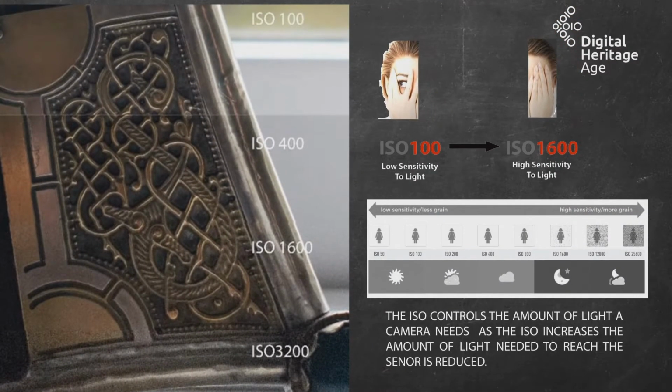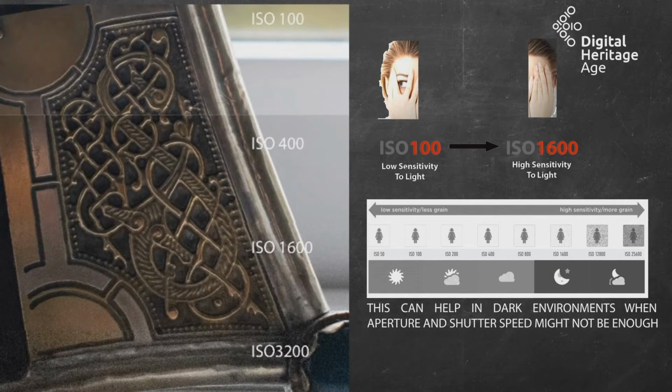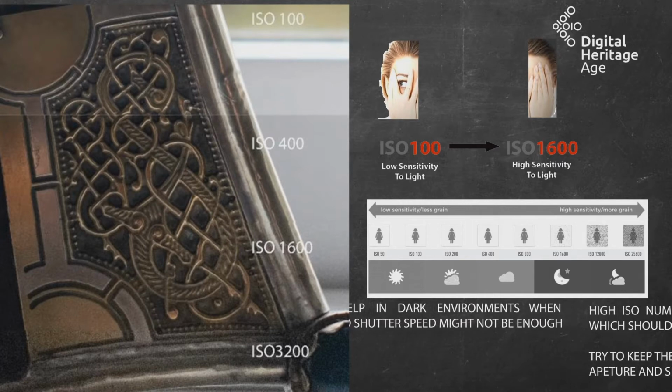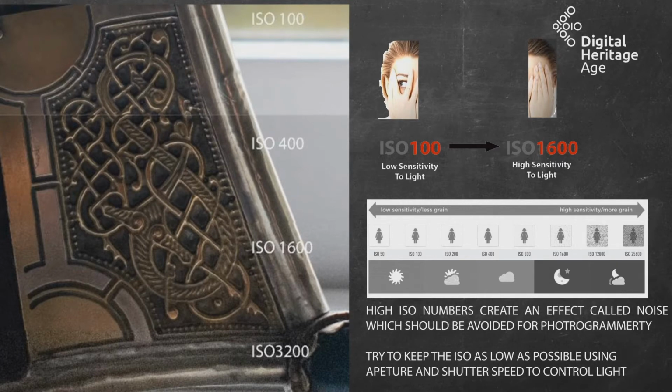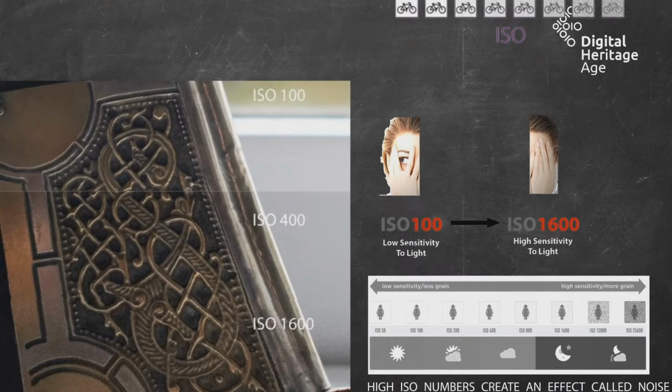The next tool in controlling our images is called the ISO. For photogrammetry, we need low ISO numbers, so low light sensitivity for the camera. As ISO numbers increase, they begin to add more noise into the images, but they can also help in darkened environments. While you should be trying to control darker environments with your aperture and shutter speed, you might need to use ISO to let a little more light sensitivity in, but bear in mind that once you get beyond, say, ISO 400, you're going to be getting noise inside your photographs, and again, this is something we should avoid for photogrammetry.